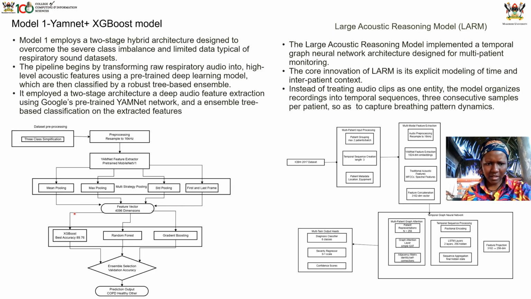This feature vector then distributes the audio equally to the models that we had: the XGBoost, the random forest, and the gradient boosting. From this, the best of them is selected, which was the XGBoost, and is used to perform classification. Later on, we decided to train another model, which was a large acoustic reasoning model, designed